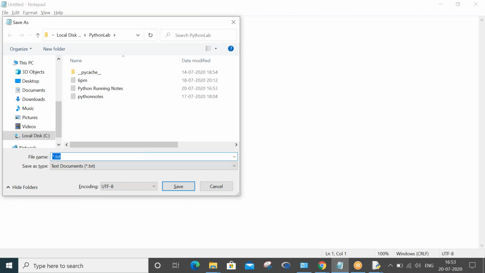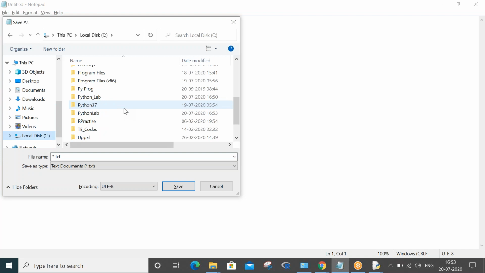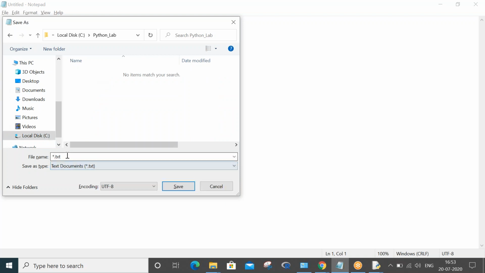Control S. So let me take this program to the directory where I have created Python underscore lab. Yeah, I have created Python underscore lab, and here we have to provide the name of our Python file. Second is the name I am giving, and here for sure you have to give the .py extension, because we are trying to build code in Notepad.